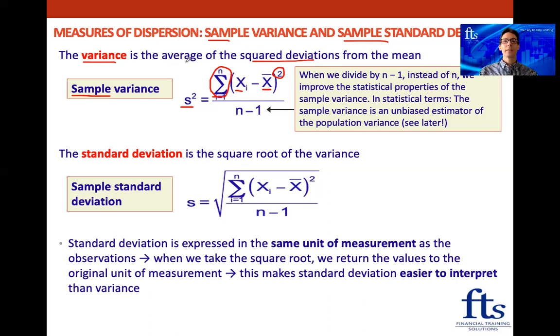So variance is the average of these squared deviations from the mean. So that's why here we're going to divide now by n. But I'm sure you've spotted that we don't just divide by the number of observations. We actually divide by the number of observations less 1. Now, we're not going to go into all the technicalities of why we subtract 1, but if we read over here, when we divide by n minus 1 instead of n, we actually improve the statistical properties of the sample variance. And in statistical terms, we say the sample variance is an unbiased estimator of the population variance, which we'll